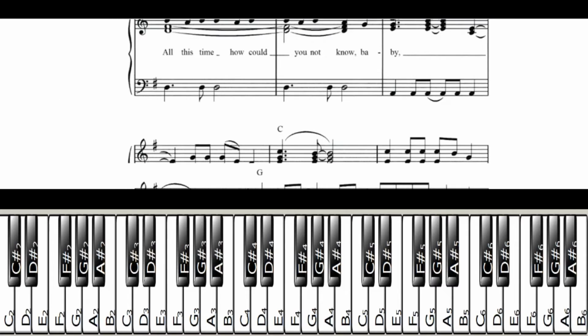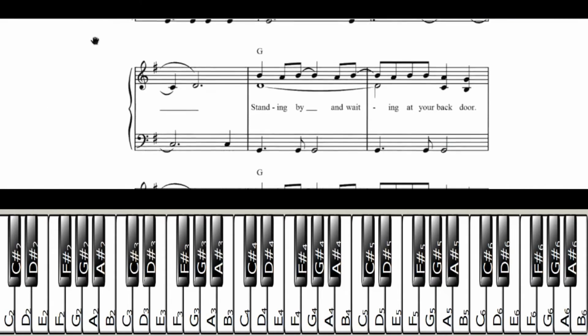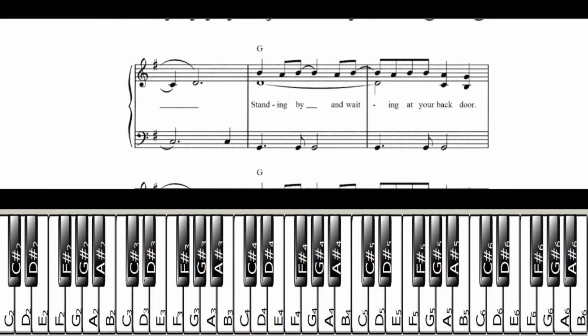How many lines we got? 3 more lines. Let's make sure this is line number 2. Yes. So you're going to be holding a C over from before, and then you're going to hit D with your right hand. And then you kind of have a familiar part here. So it's what we had before, so I won't go over it in too much detail, but the first measure there goes C,